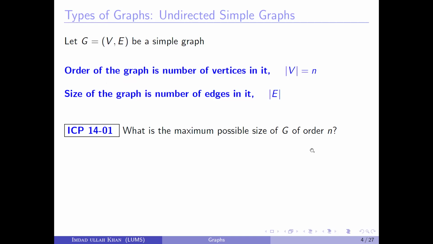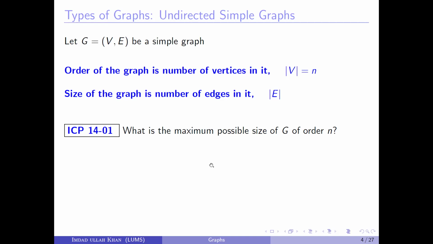So hopefully you would have paused the video and figured it out on your own. If you think of a graph, every vertex is connected with every other vertex, and that's the kind of edges which we'll have in the undirected simple graph. So more specifically, we are talking about subsets,